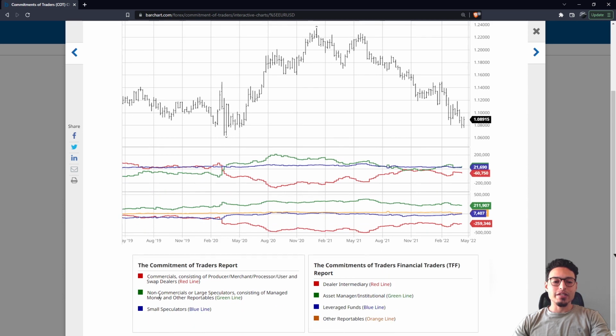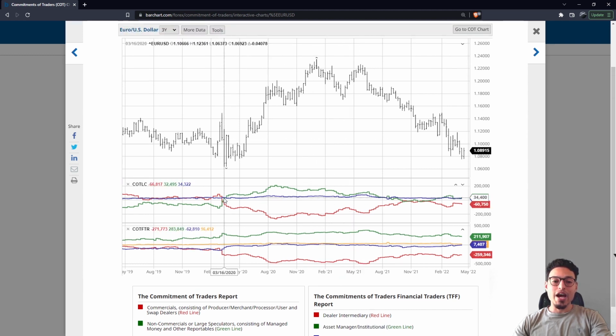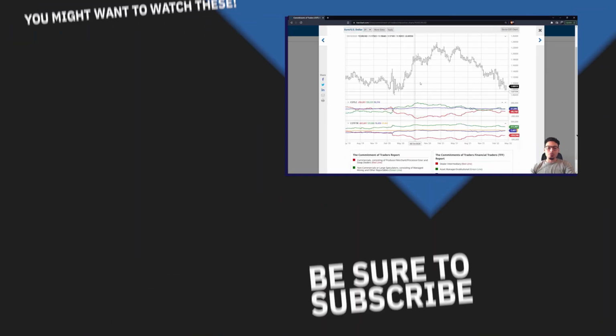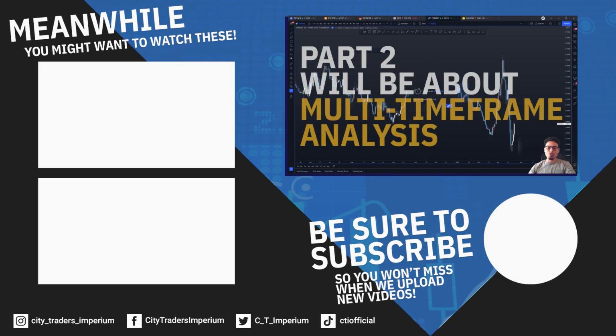Whereas the green are non-commercials, or large speculators, consisting of managed money and other reportables. These are institutional asset managers. They went from net short to net long. And as you can see, this is smart money. These are the institutions we want to trade in line with. We don't want to trade against these guys because these are informed traders, informed money. That's why we refer to them as smart money, and Wyckoffians will refer to them as the composite man. And so going back to the chart here,